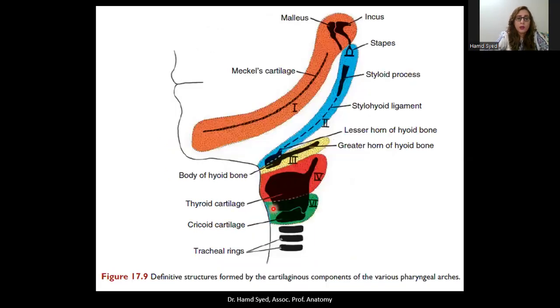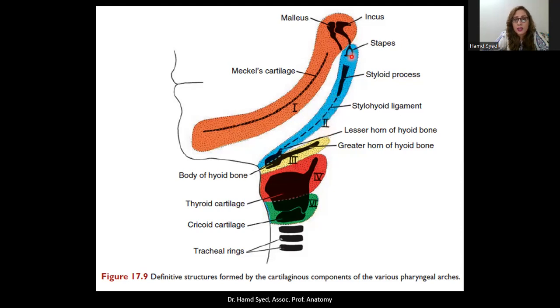Let's move on and look at this similar diagram presented in a little more detail. Over here, this is also a color-coded diagram showing us the derivatives of the pharyngeal arches. The pharyngeal arches are often represented by Roman numerals. So you can see number 1 means this is the first pharyngeal arch, the mandibular process in which the mandible bone has developed, this Meckel's cartilage, which is eventually going to disappear, but its dorsal portion has formed the malleus and the incus. Then comes the blue region, which is showing us the derivatives of this second pharyngeal arch or